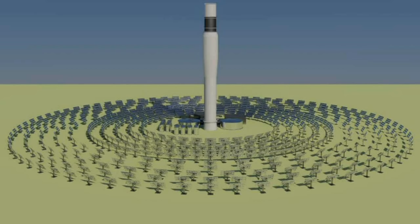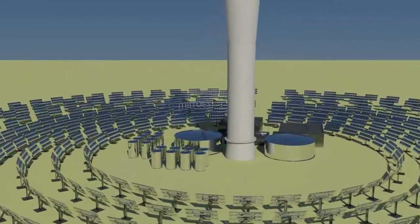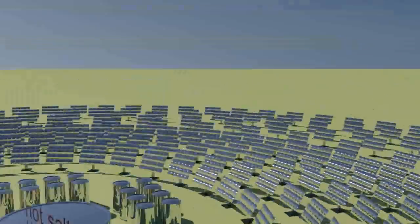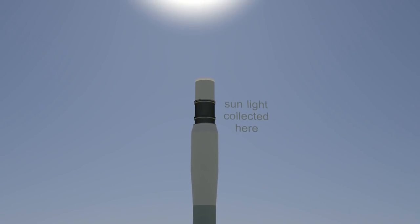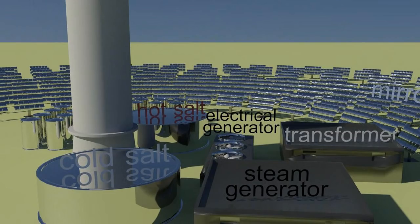So as an example, let's look at the Gemasolar project in Andalusia in Spain. That part of Europe is the sunniest in all of Europe. So mirrors reflect the infrared and the visible light from the sun to that central black part of the tower. Now cold salt has been pumped up and heated in that black part of the tower, and hot salt descends,